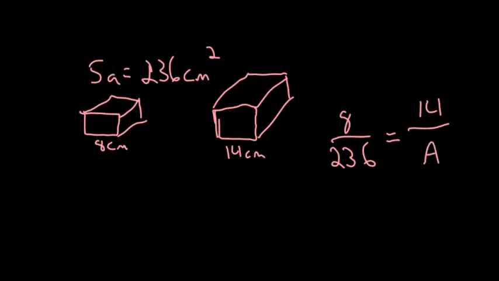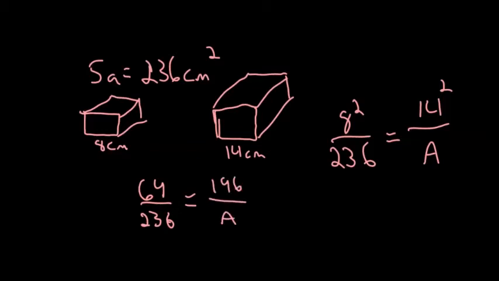Now the problem is we're comparing a one-dimensional measurement to a two-dimensional surface area. And we can't do that. So what you would have to do is either square root your surface area or square your side lengths. In this case it's much easier to just square our side lengths. So I'm going to do 8 squared and 14 squared. So 8 squared is going to be 64. So I'll bring that over here. So 64 over 236 equals 14 squared, which is 196